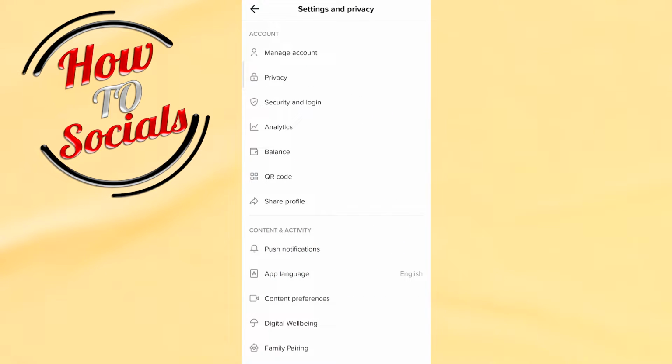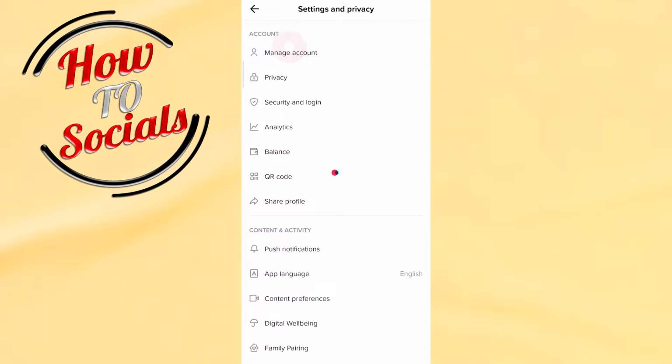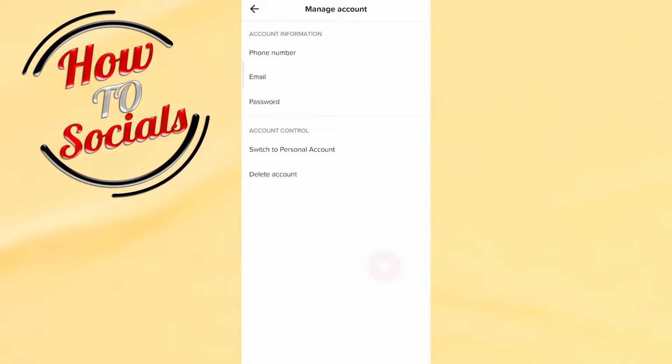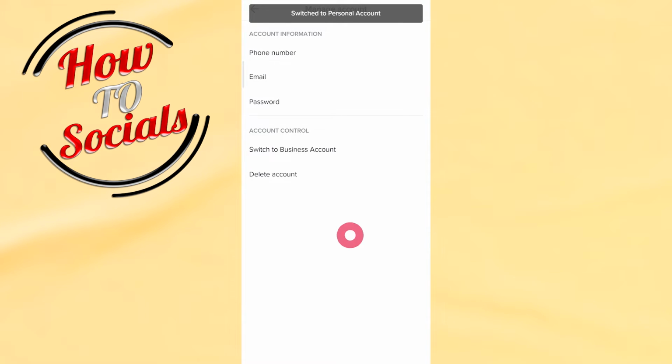Guys, as you know, my account here on the manage account type, as you can see, I have the option for switching to personal account. What this means? This means that my account right now is a business pro account. What I need to do is simply go to switch to personal account, switch anyway, and right after that when you switch account to a personal, get back,